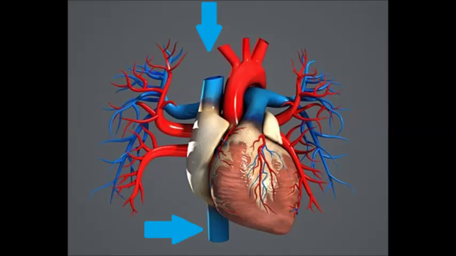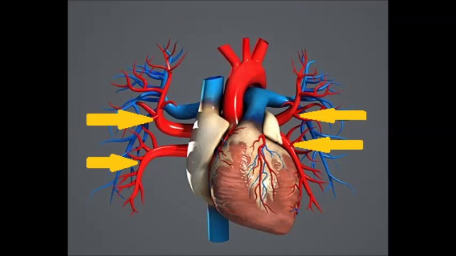Blood from the body enters the heart through the superior and inferior vena cava. Blood travels from the right atrium into the right ventricle. Blood leaves the right ventricle, traveling up to the pulmonary trunk. Blood travels from the pulmonary trunk and bisects into the left and right pulmonary arteries, heading towards the lungs to